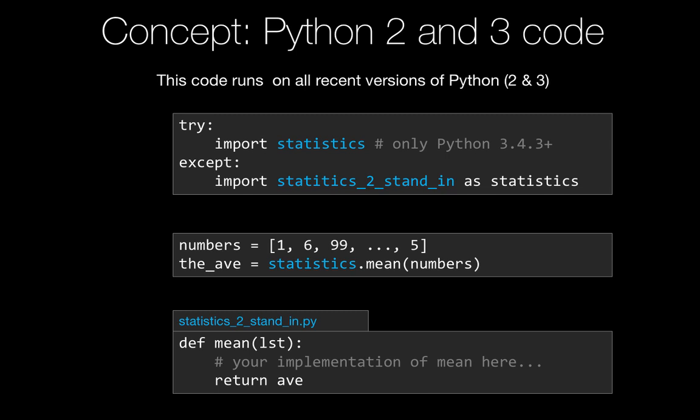So the way we solve our problem, and we get code that runs on all the versions of Python, is we try to import statistics. On new versions that just works and uses the best new module for that. If it doesn't work, it's going to fail, fall into the except block, and we're going to use this specific type of import. We're going to import statistics_standin, and we're going to actually give it the name statistics for this particular file. And since it has a mean method, the statistics.mean works exactly as we'd expect. Boom. Now our code works on all the versions of Python, just like that.